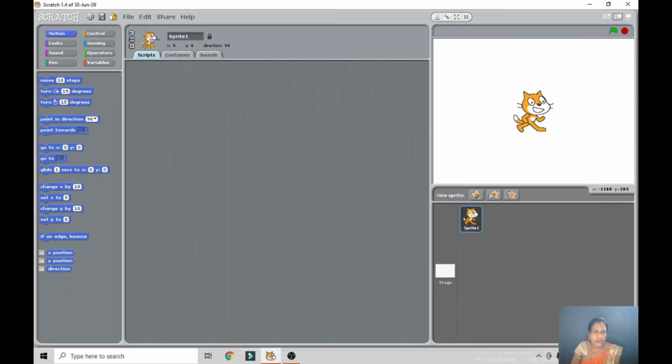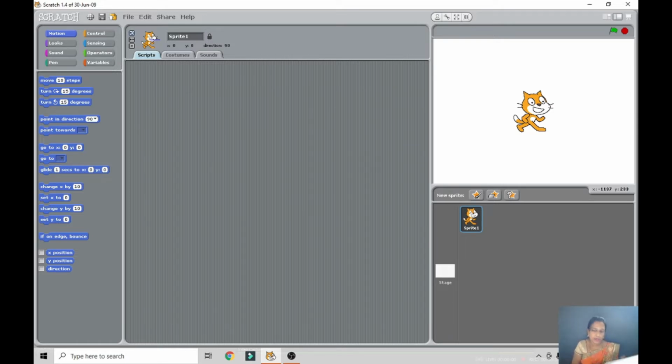As I said, this is the third chapter in Scratch programming. This is the script tab, this is the script area, this is the script list area, and this is the background. Here first, what is there in your advanced programming? First, what we are learning, children, is adding a text sprite.